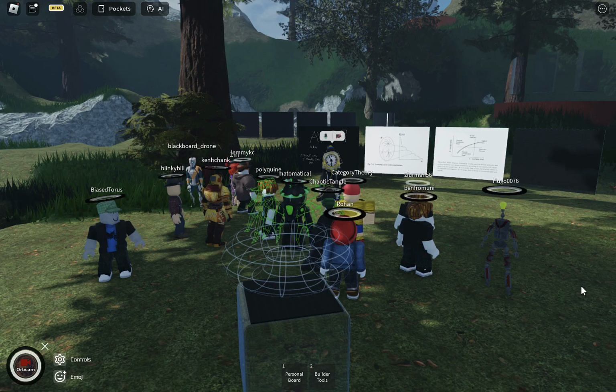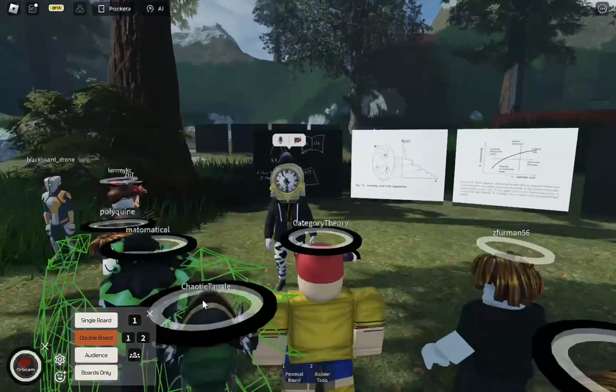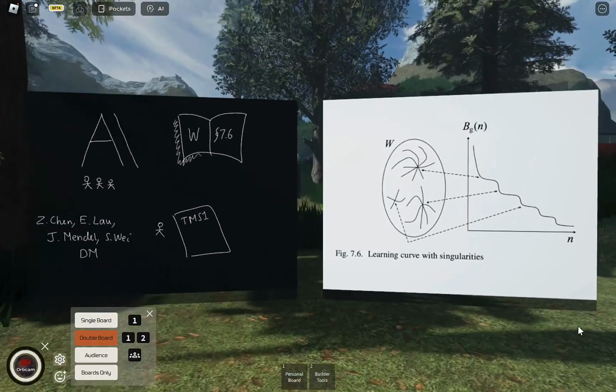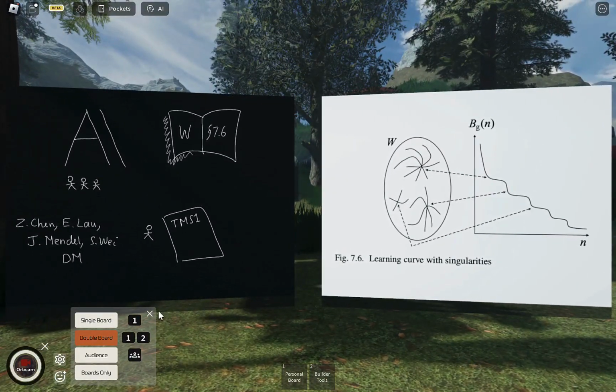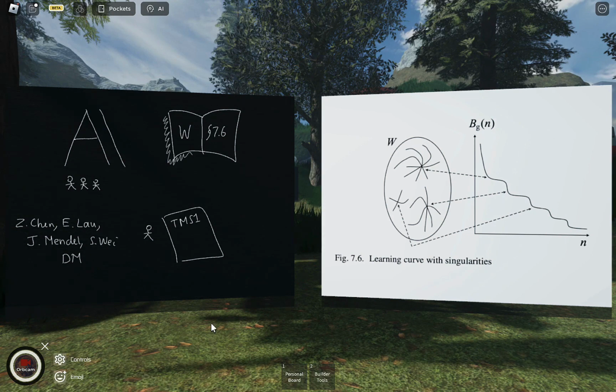Okay, you can see on the right-hand board here, if I zoom back in, figure 7.6 from section 7.6 of the Grey Book, Algebraic Geometry and Statistical Learning Theory by Watanabe. It gives a picture of a learning curve. This is the Bayes generalization error, BG_n, as a function of n, the number of samples, and you see this characteristic step-like structure. We never managed to see this even in the toy model of superposition, but we set out,